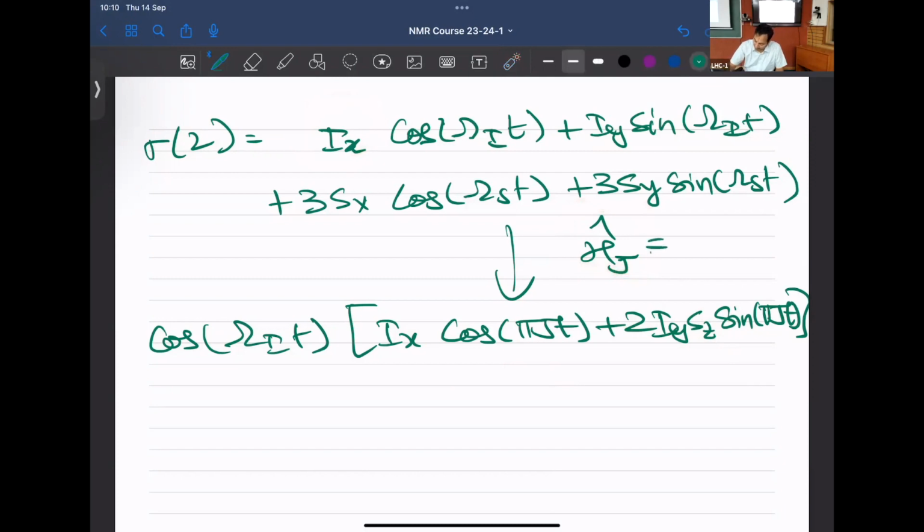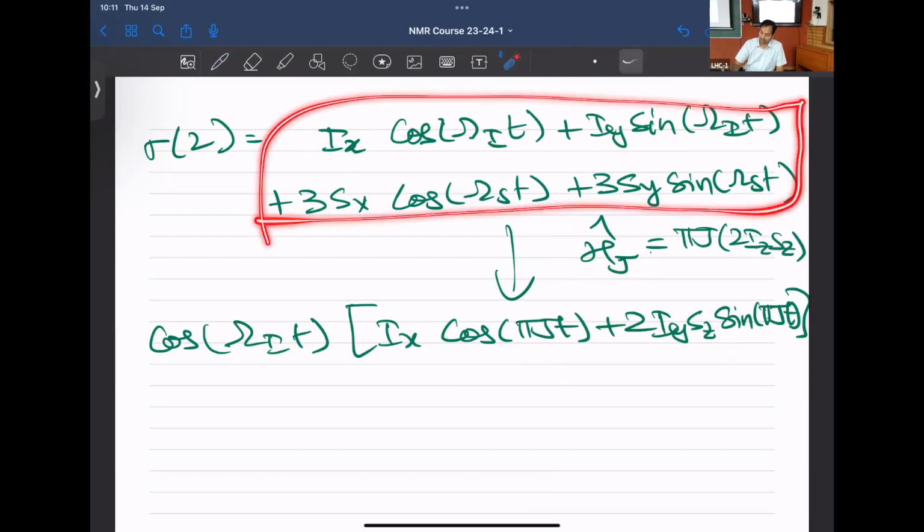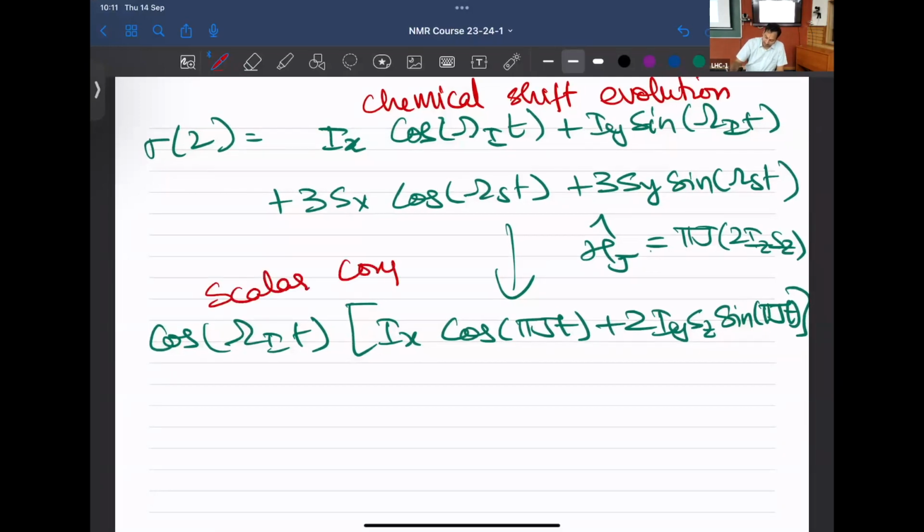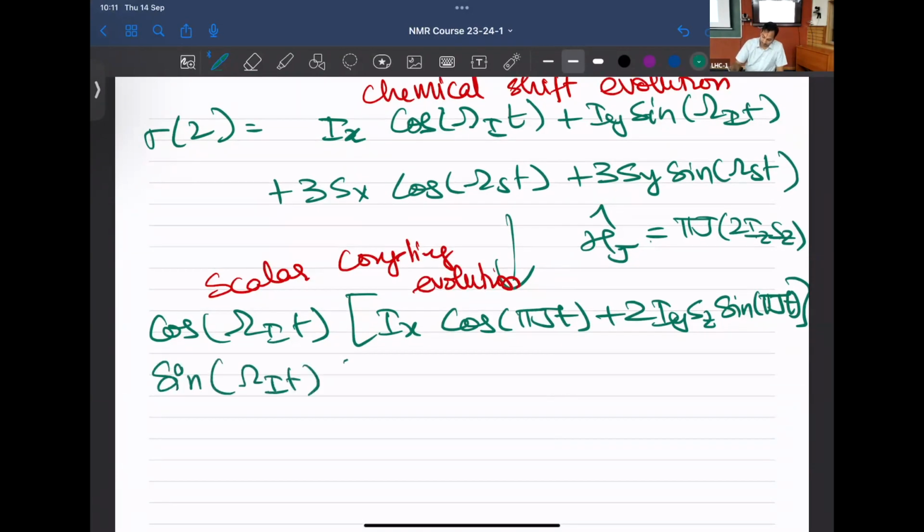So let me also write the J coupling, pi J 2 Iz Sz. What are we doing here? We are doing a stepwise evolution of chemical shift only and then scalar coupling. So this part is chemical shift evolution. Now we are doing scalar coupling evolution. Sin omega I t times Iy cos pi J t minus 2 Ix Sz sin pi J t